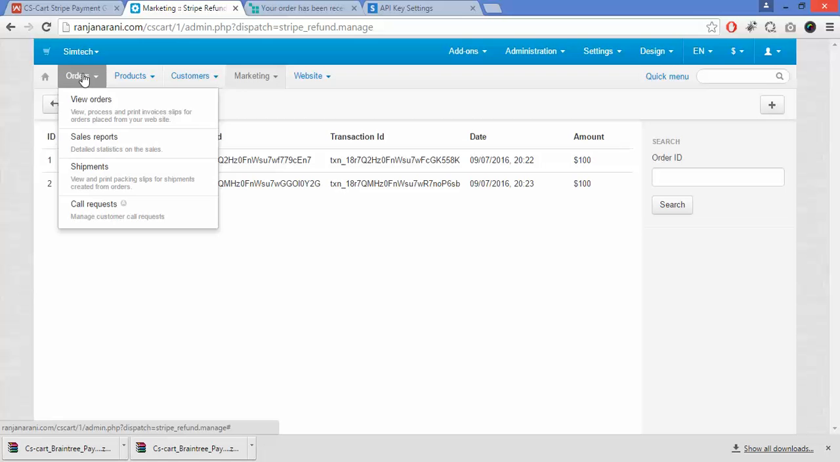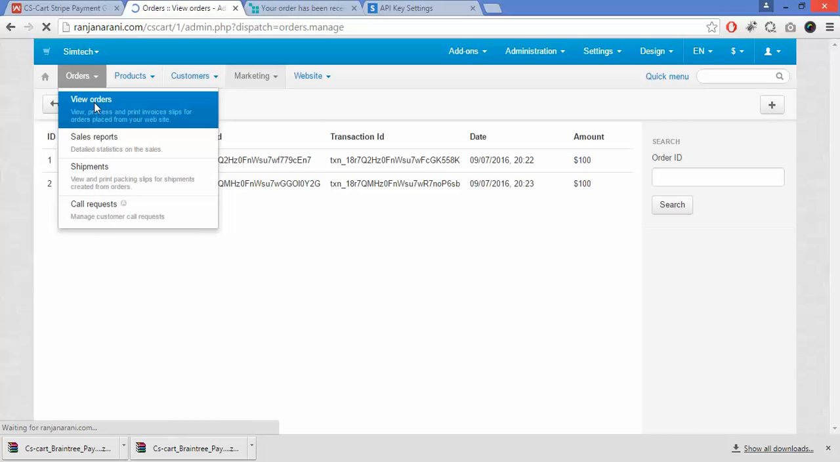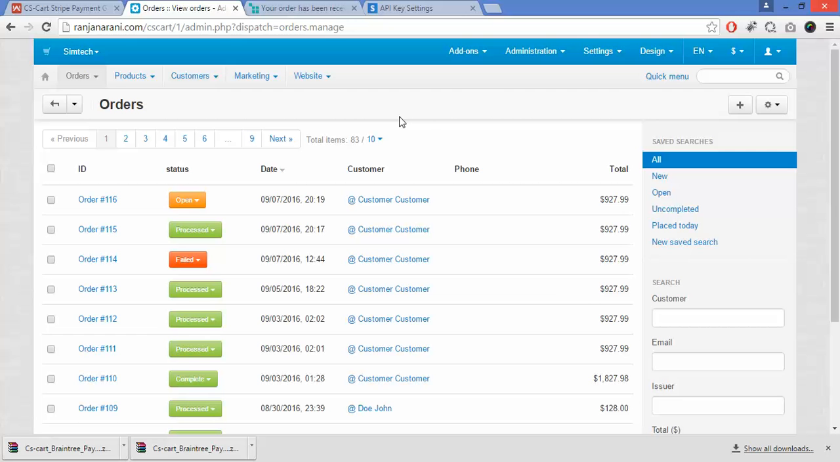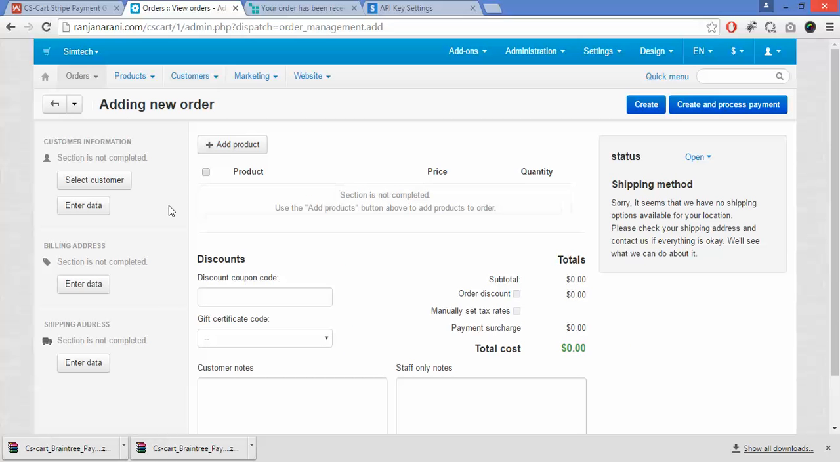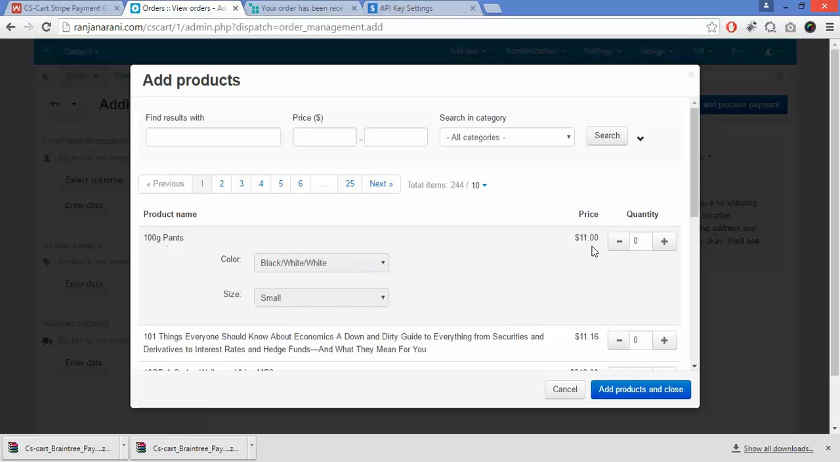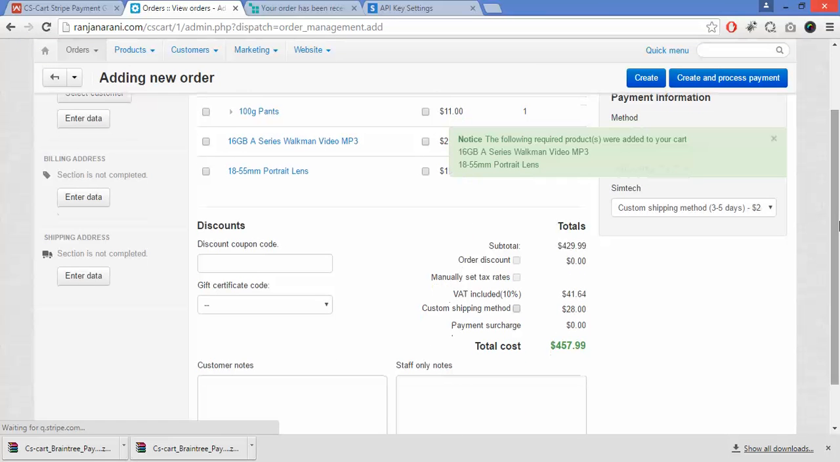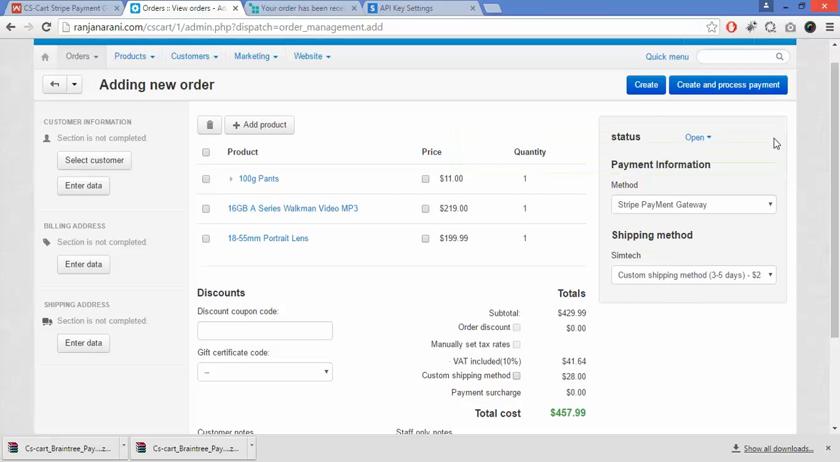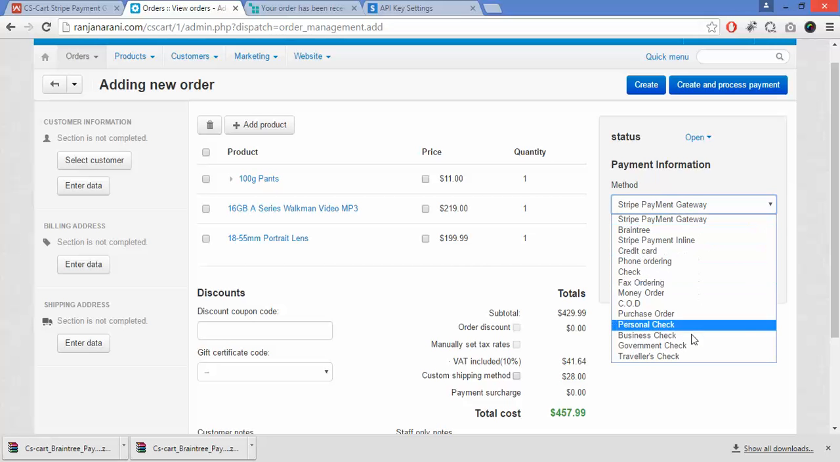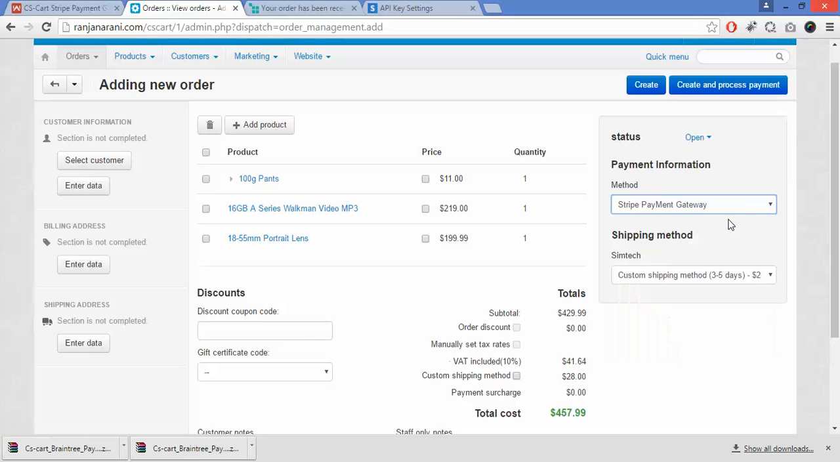Now let us go to orders tab again and click on view orders and create a new order from backend. To do that, click on this plus button to add a new order. Click on add product and select the product from your storefront for the order to be placed, and click on add product and close. Here you need to choose the payment method, as here you can view all the payment methods have been listed. Select the Stripe payment gateway from backend